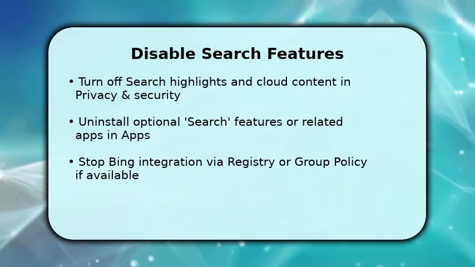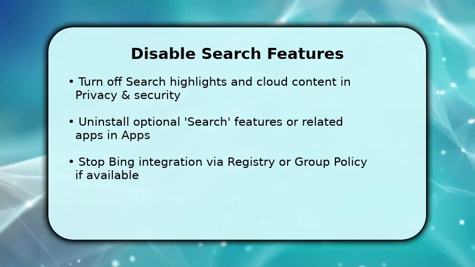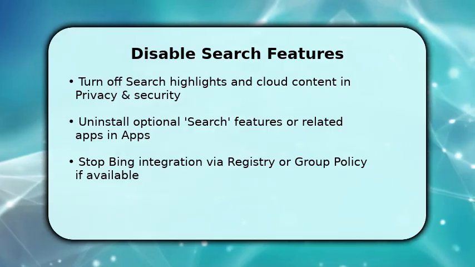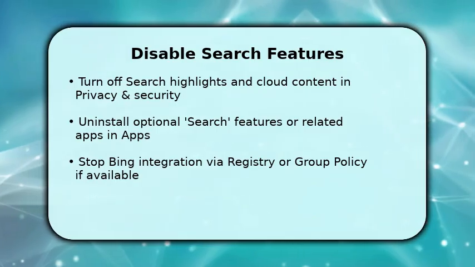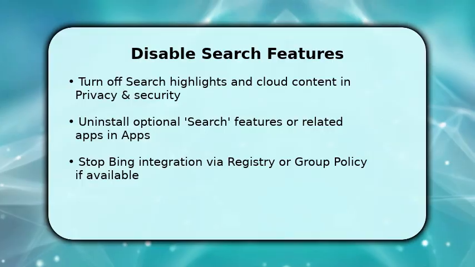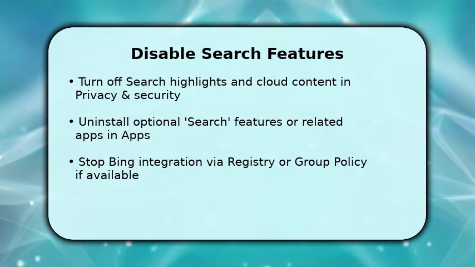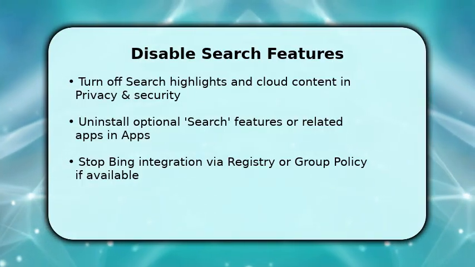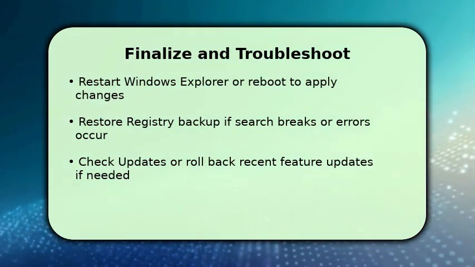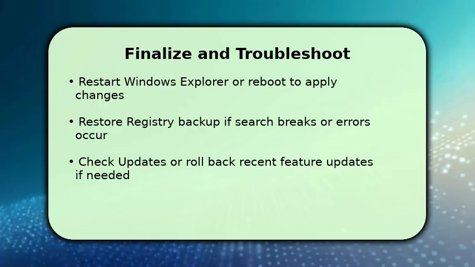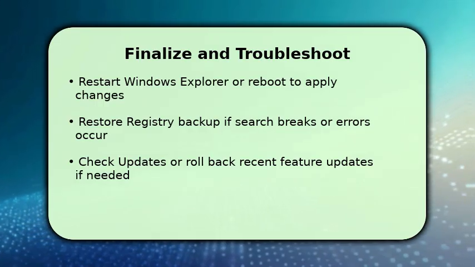If you need to remove Bing integration, use Group Policy, gpedit.msc, or the registry to set search and Cortana policies to disabled. Be cautious and export keys first. Once done, restart Explorer or sign out to let UI changes apply. Finalize by restarting Windows Explorer from Task Manager or rebooting the PC to ensure search components unload and changes take